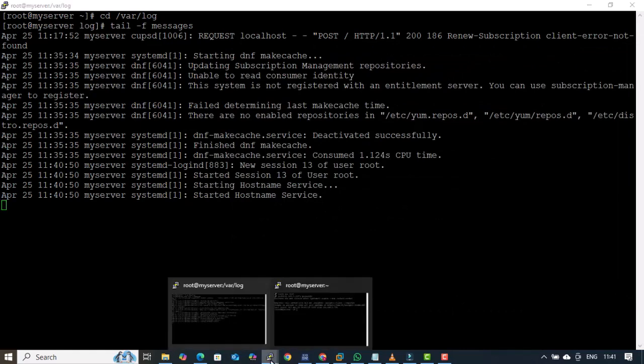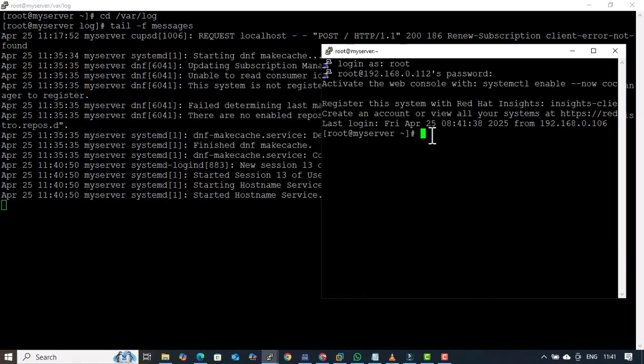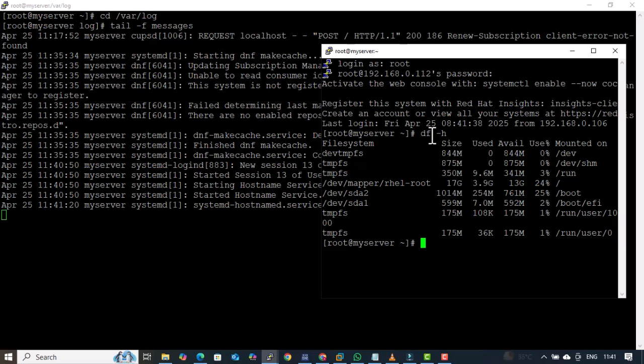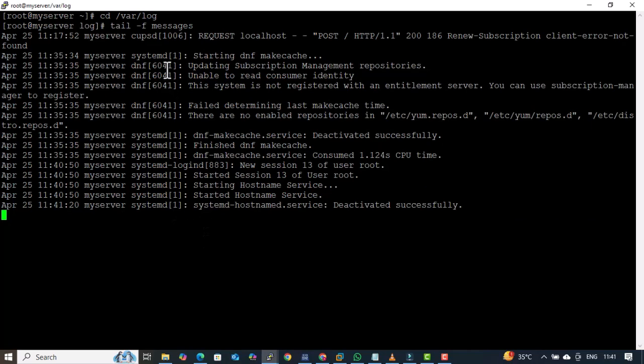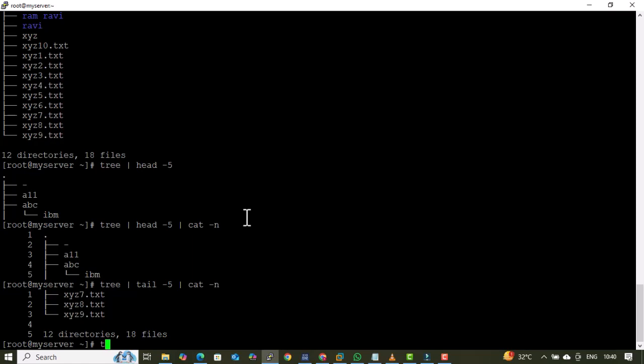And see here, let's do it again, something else, so that we can see whatever I am running getting updated here. It means it is showing real-time logs. By the tail -f command, we can see real-time logs, because logs by default are updated in Linux line after line. So there is no use of checking by head command. With head -f messages, you will get nothing, because all the logs keep updating sequentially. So you always have to run this tail -f command to check the log.